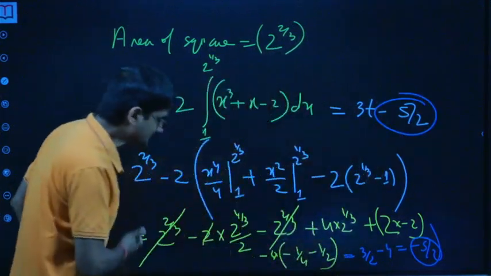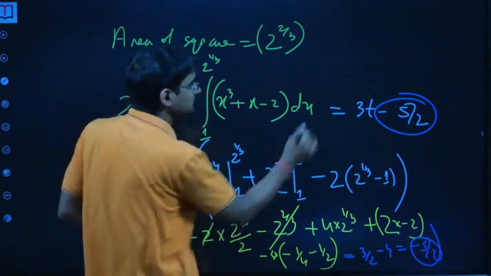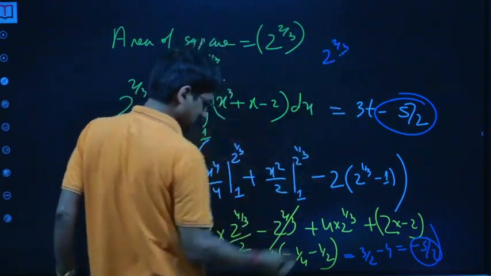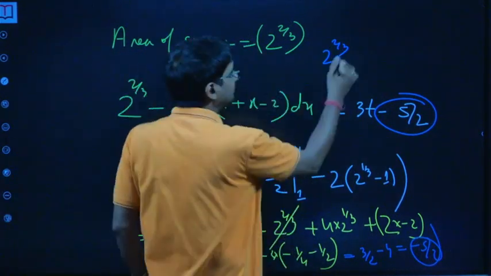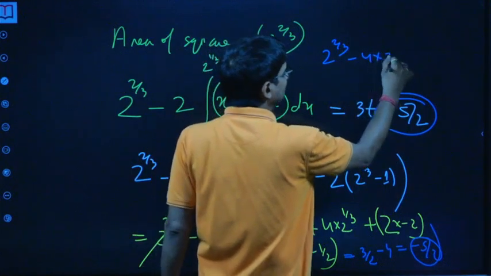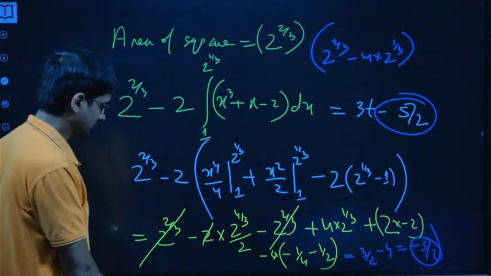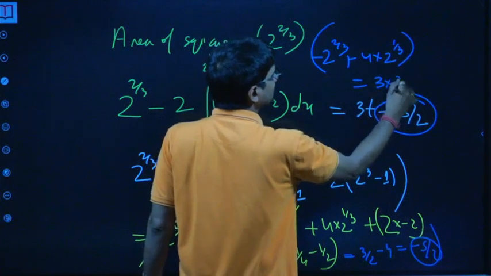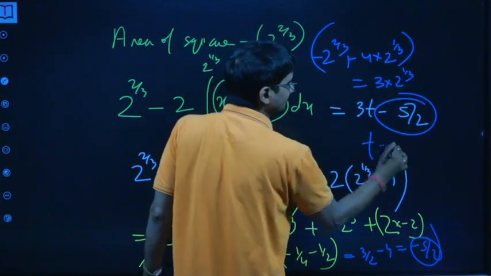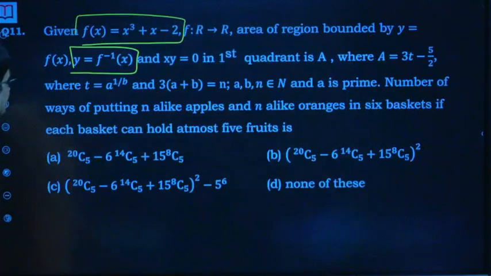So that means what remains is 3 times t, so what remains here is 2 raised power 2 by 3, divide by 2, and then minus 4 into 2 raised power 1 by 3, plus 4 into, this was minus, actually this is plus, so we got it, 3 into 2 raised power 1 by 3, and that's it. So t is 2 raised power 1 by 3, and then we are given t is